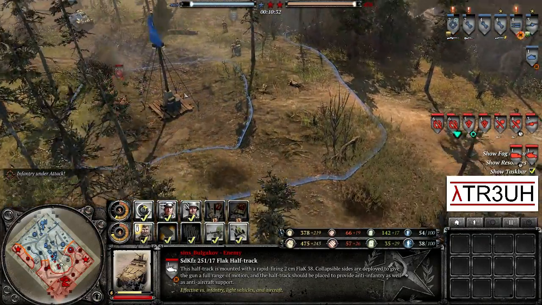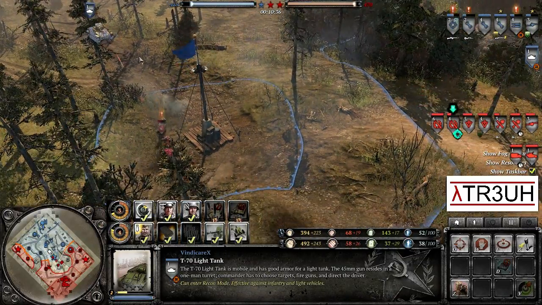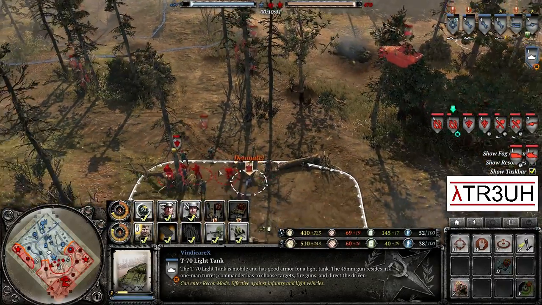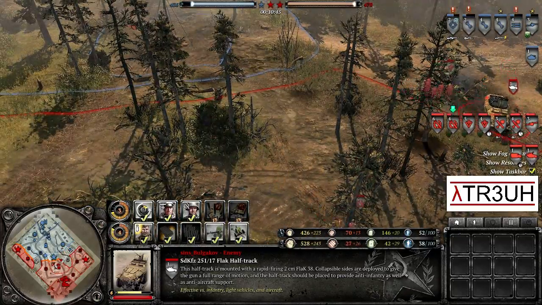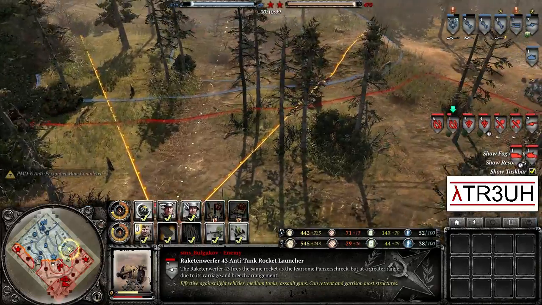So, Vindicare pushed back a little bit. We do see Tier 3 now on the field, and a T-70 on the field for VindicareX. That is quite exceptional here. He is going to have a lot of fun with it, especially against the flak half-track. We do have a Rakuten Warfare on the field. Rakuten Warfare is set up over here on the left-hand side, and Volkov still has it in kind of hold fire, but